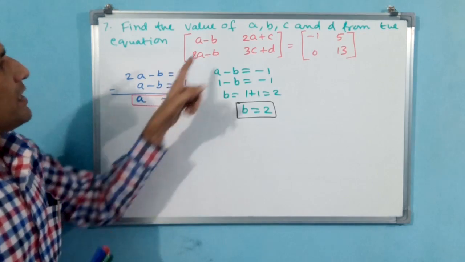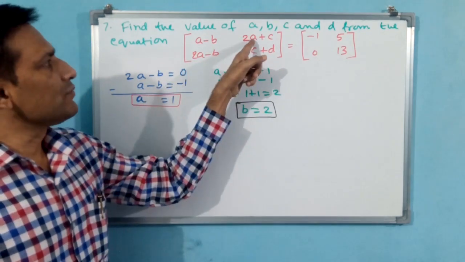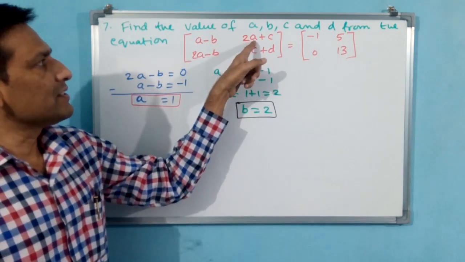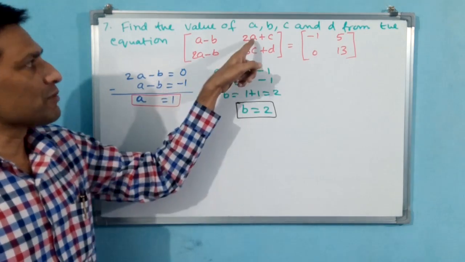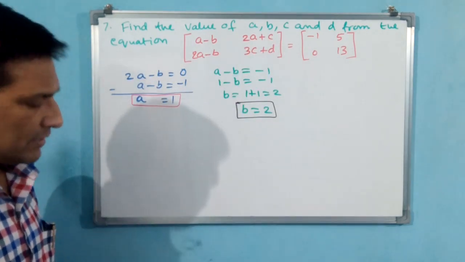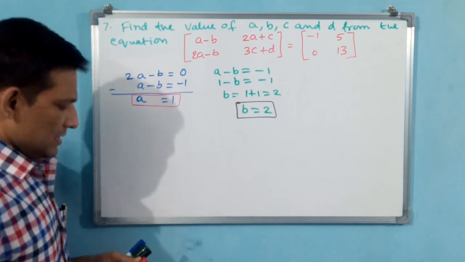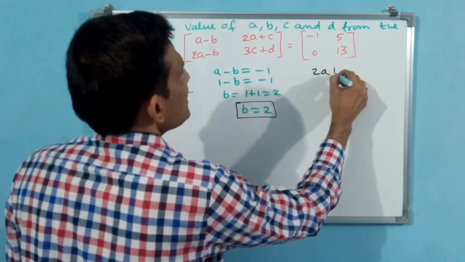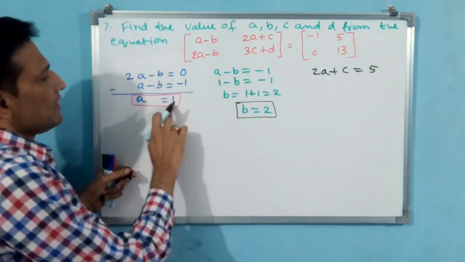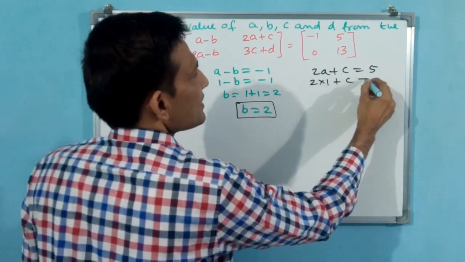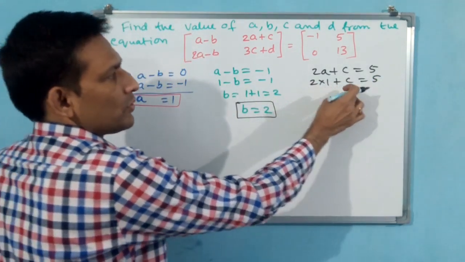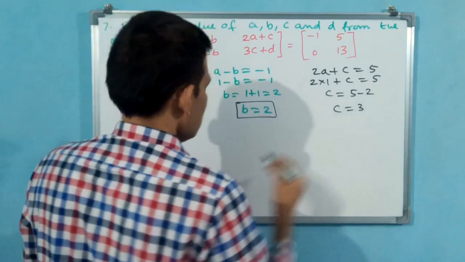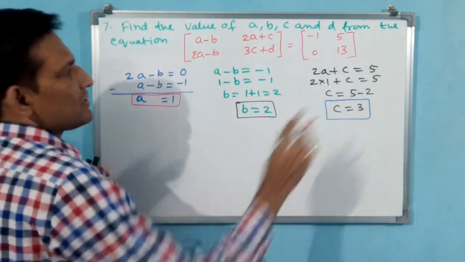Now you see any third equation A or B contains, you see here A it contains. Now these two equations are over. Here third equation A, 2A plus C is there. That means A you know. If you substitute A, automatically C is going to come. Like that you have to think and proceed. Okay. Let us do 2A plus C is equal to 5. But you know A value. 2 into 1 plus C is equal to 5. Okay, this is 2. If you send that side, C is equal to 5 minus 2. C is equal to 3. Now A, B, C all over.